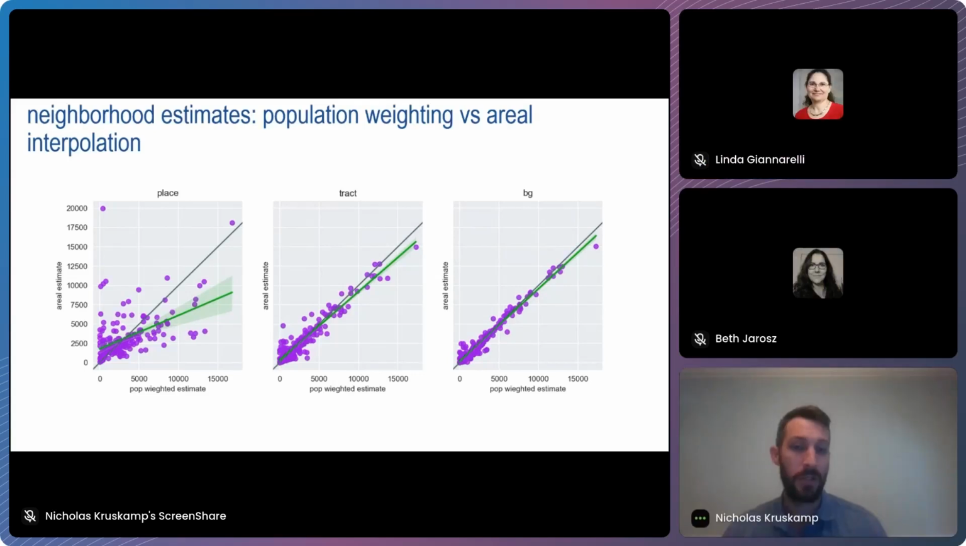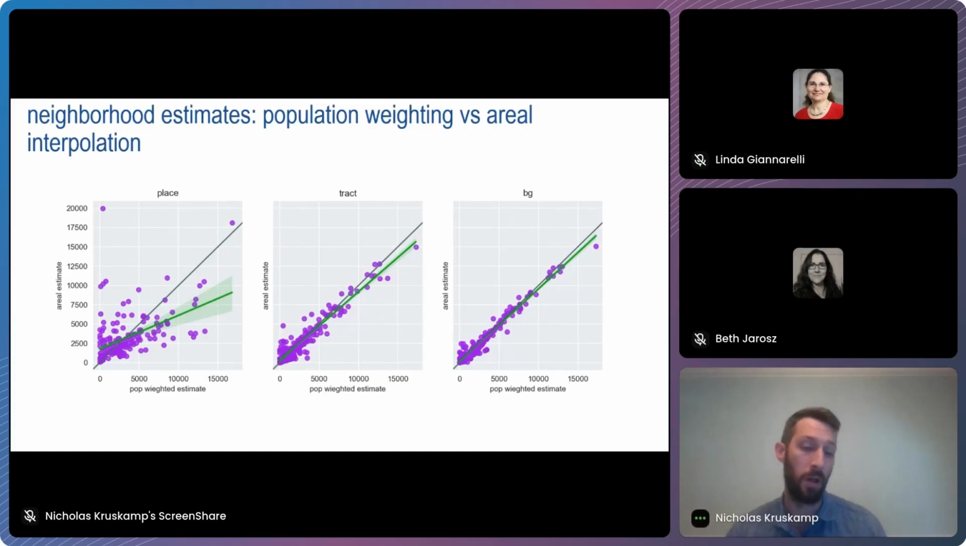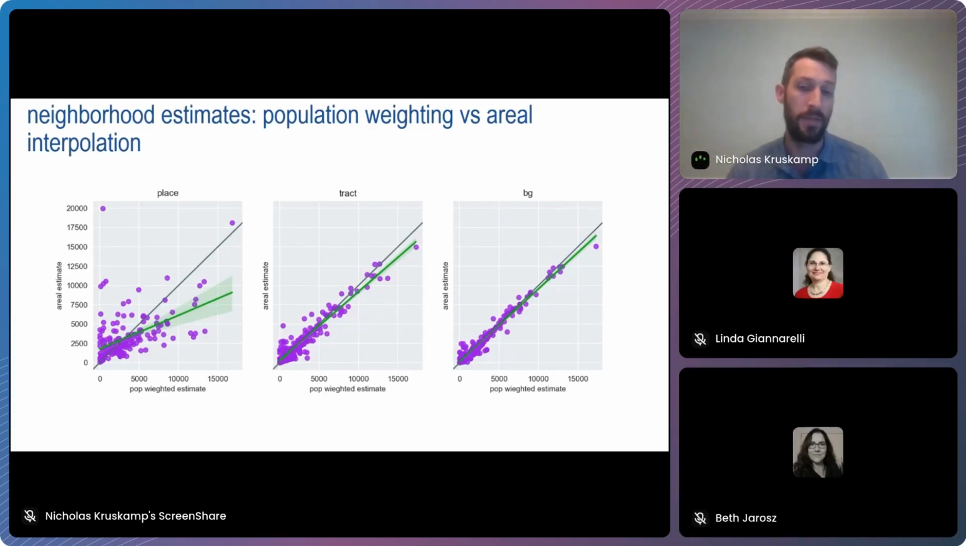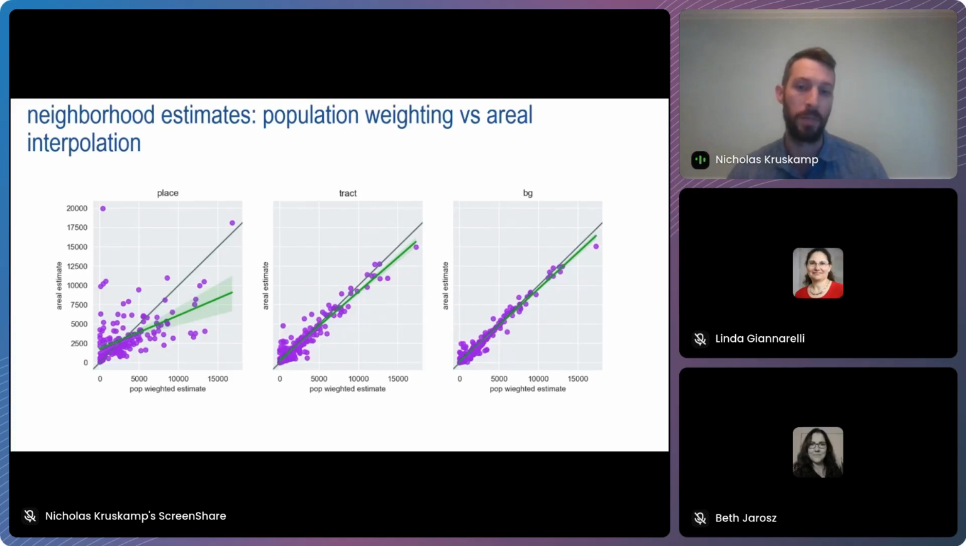But when we get down to smaller geographies, that of tract and block group, areal weighted interpolation and population density weighted interpolation correlate very strongly. Place was about 0.5 of Pearson's R, tract was 0.95, and block group was 0.98. And so what that's telling us is that as we use smaller and smaller geometries to slice and dice our ACS variables, the difference between a more advanced method of population density weighting and areal interpolation really starts to not matter that much. And so, interestingly, there is a spatial component at play here